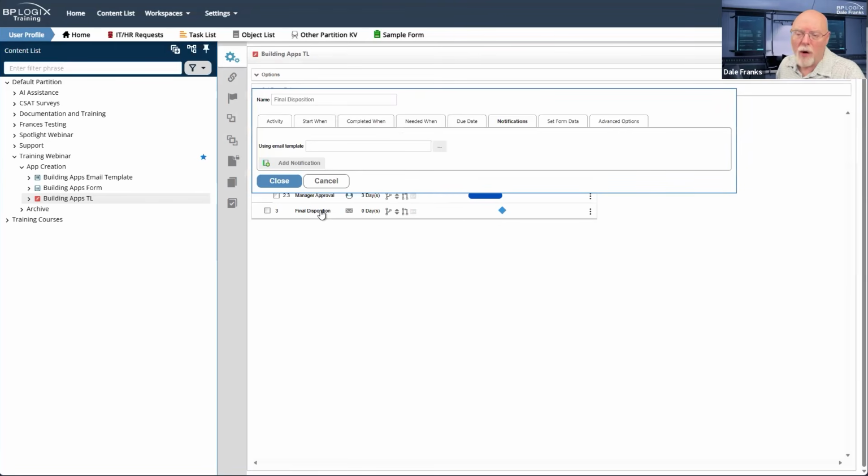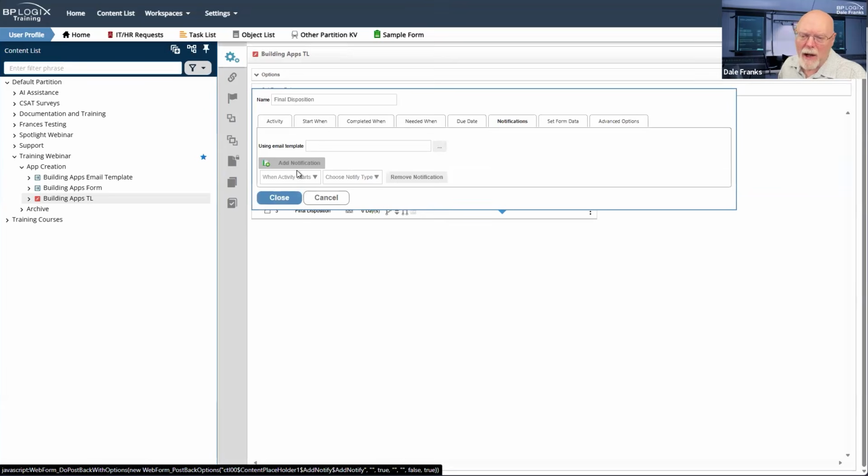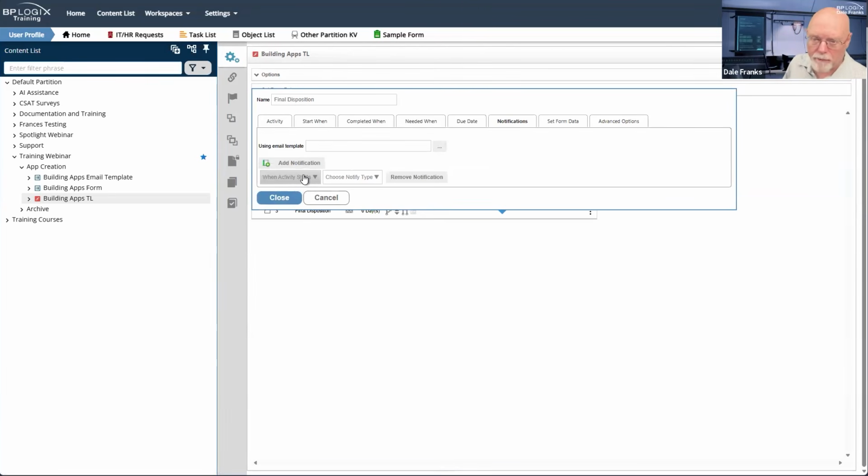So we're going to open this up, and now notice, because this is just a notification activity, there's no checkbox at the top that says send a task email. There are no assignees to a notification activity. All a notification does, especially whenever you come down to the bottom and you click add notification, is just send them an email.